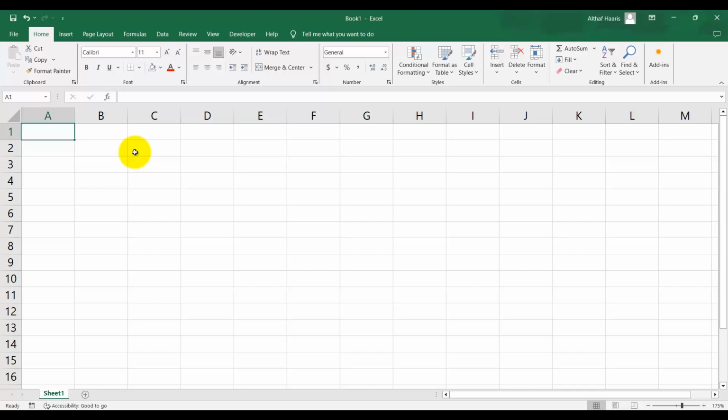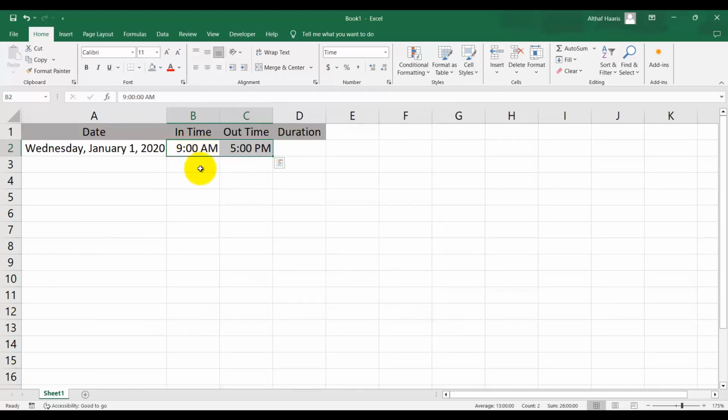Now let's see how to calculate the work hour duration in Excel. So in time is 9 o'clock, out time is 5 o'clock. If you want to find the duration, simply what you should do,